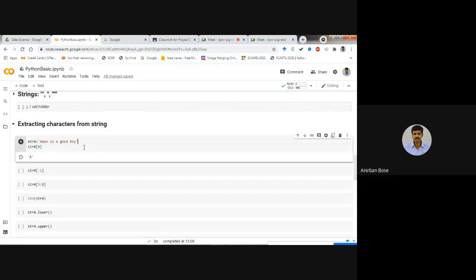Then what should be my command? I want to extract the last character. So one of the ways is that you can count the index, see what the index of y is, and write the string 4 of that index. That is one of the ways. So suppose I want to extract that last character through its index, then what can we do, first of